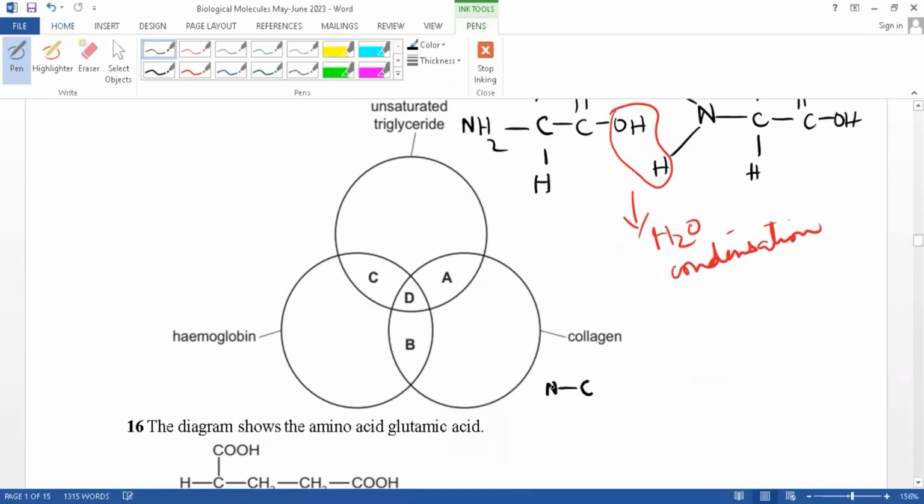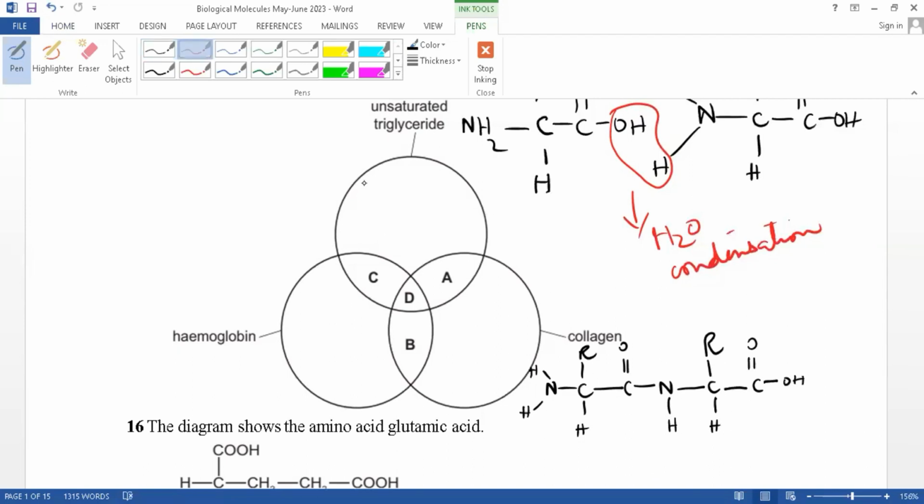C, N, H, H, R, H, C, double bond O, because the hydroxyl is removed, N, H, because the amine group's 1 hydrogen is also removed, and the peptide bond is formed over here, and C, R, H, C, double bond O, OH. So this is a dipeptide, and a peptide bond is formed between the 2 amino acids, and this is the peptide bond,